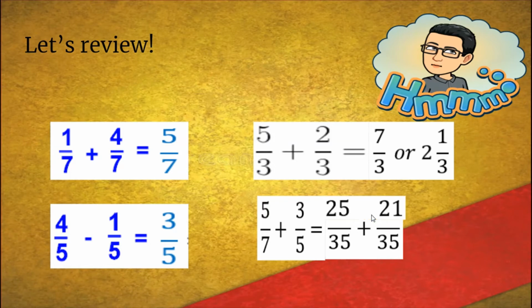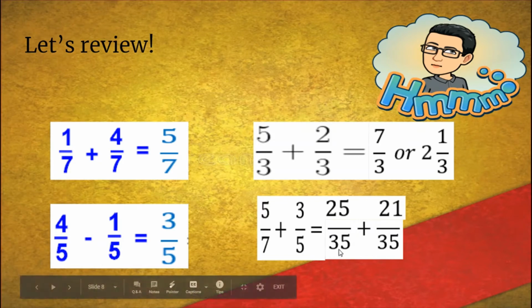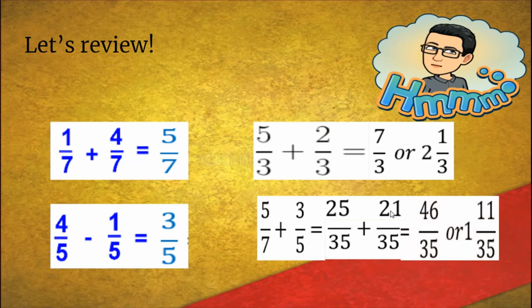Okay, so just remember the process, grade 6. 35 divided by 7 times 5, that is 25. 35 divided by 5 times 3, the answer is 21. Now since they are now like fractions, we can now add them. So just copy the denominator 35 and then add 25 plus 21. So the answer for this one is